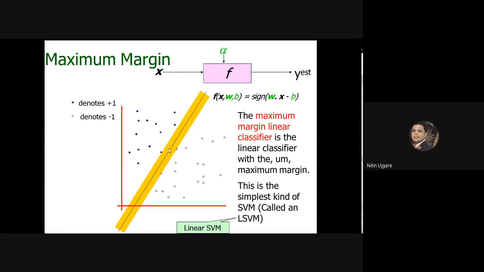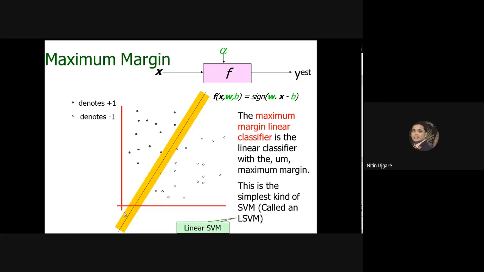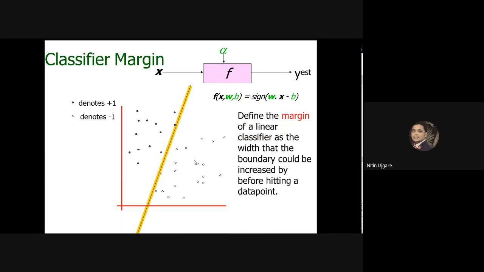So if you observe this figure, here you can find that this decision boundary has the maximum margin on both sides, and because of this, support vector machine is also called a maximum margin classifier. Now, why create the maximum margin classifier, we will discuss now. Suppose we have decided that this decision boundary is very good because it performs the correct classification.